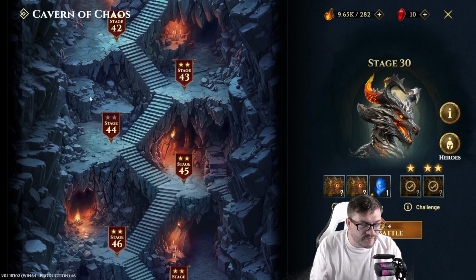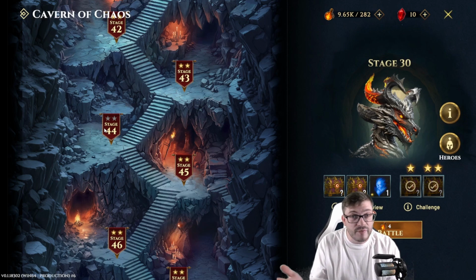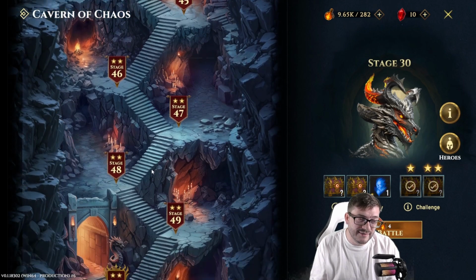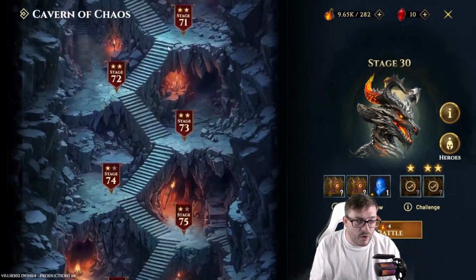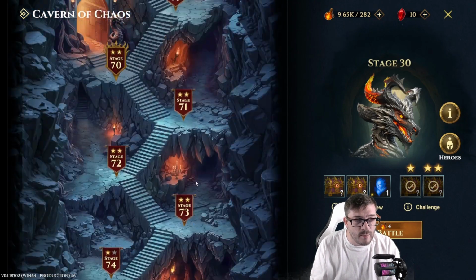However, that wasn't the thing, right? I figured out a bug, and I'm not going to display this bug on screen just in case they didn't patch it, and I don't want people to go nuts with it, right? But I figured out a way to 0-star a stage. And what that allowed me to do on day 1 with the bug, which we just explained, which allows you to basically farm those 1-star rewards. I was all the way down here at like stage 70 or something, but I was able to go back